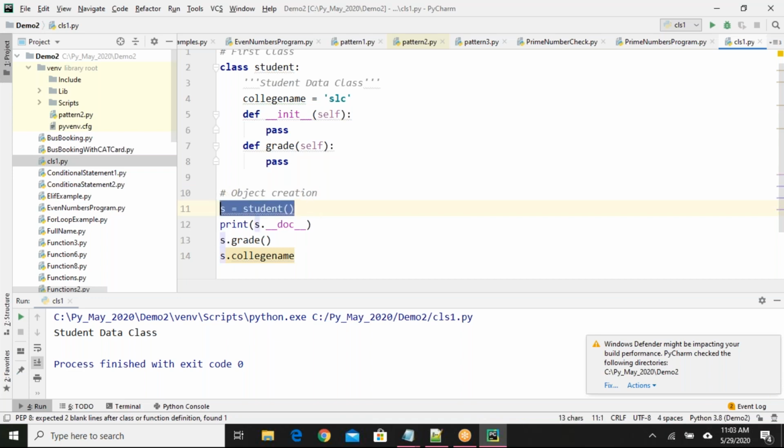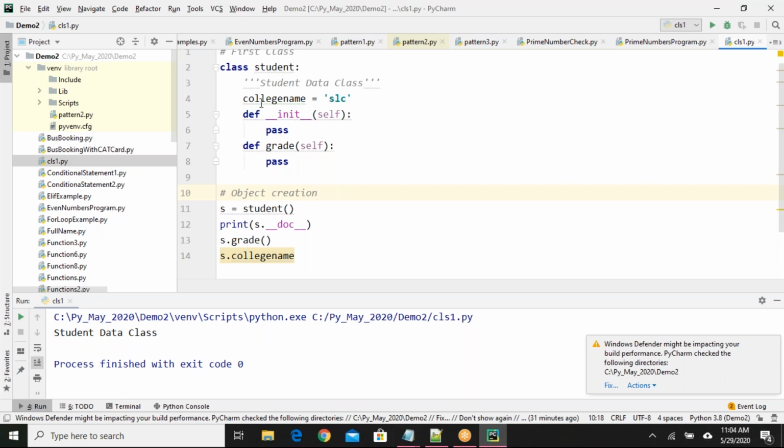After line number 11's execution, self will denote S. For S you will be feeding some data, and that data will be referred here. I'll show you an example in a moment. At least try to understand the structure and the keywords you are seeing on the screen for now.